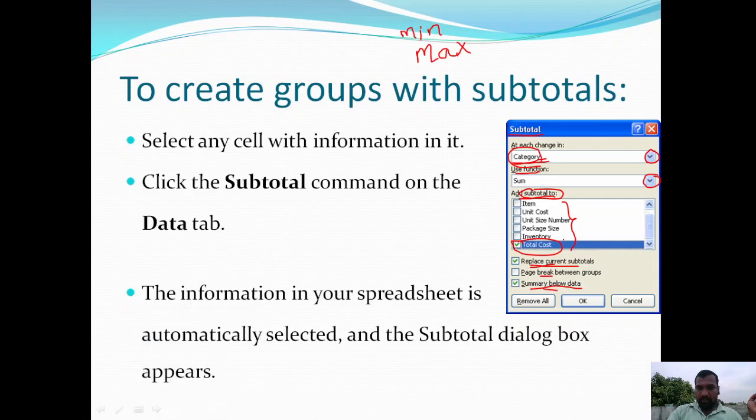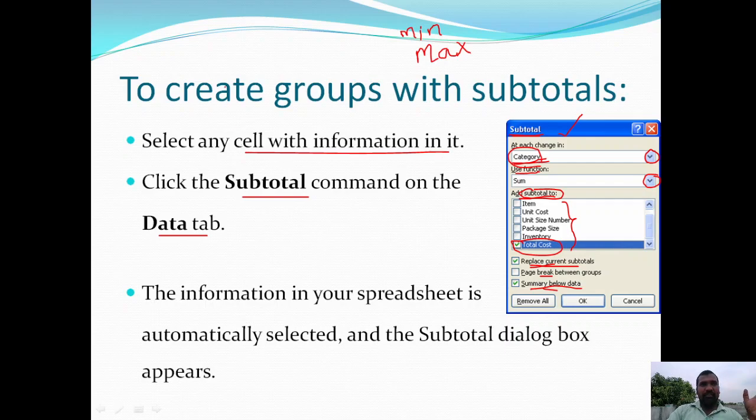Okay, so this is about the Subtotal dialog box. This dialog box is opened by clicking on the Subtotal command on the Data tab. Before opening this dialog box, first of all select any cell with information in it.